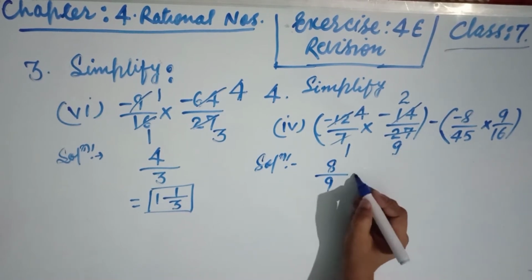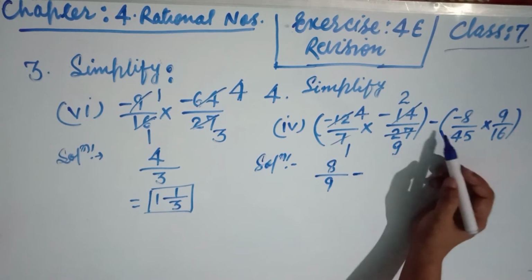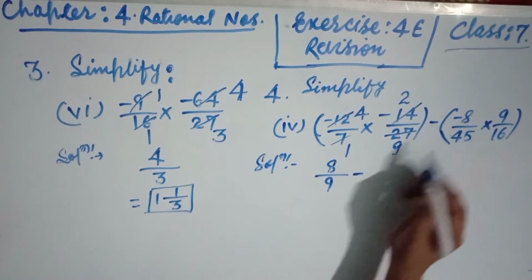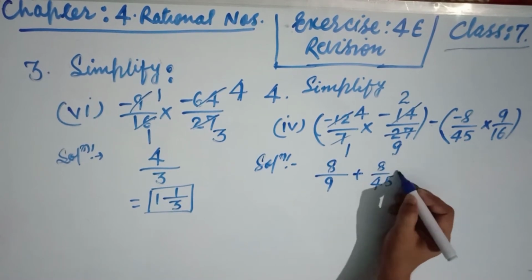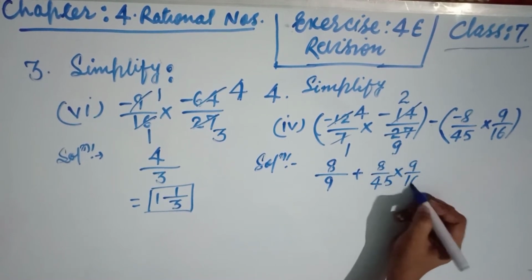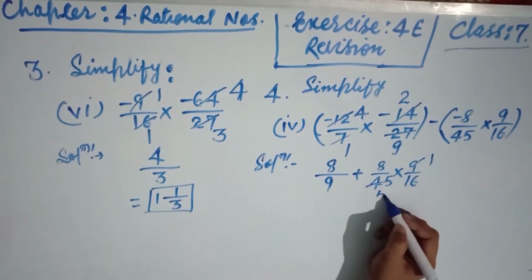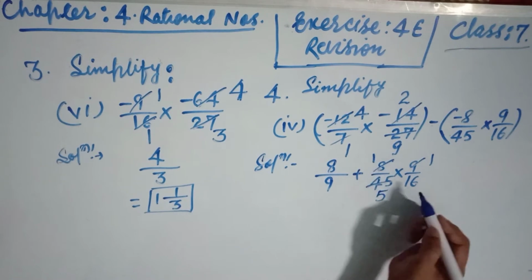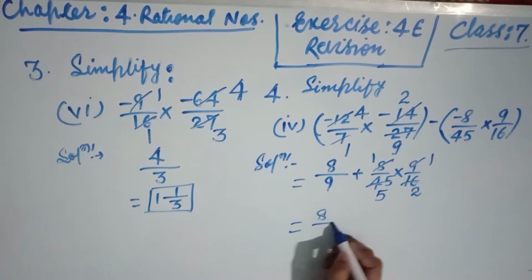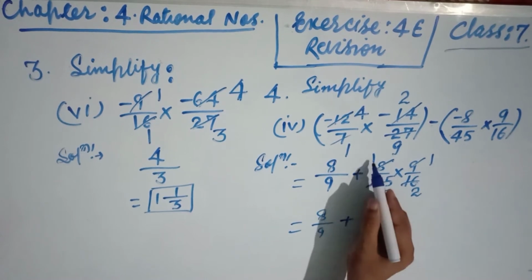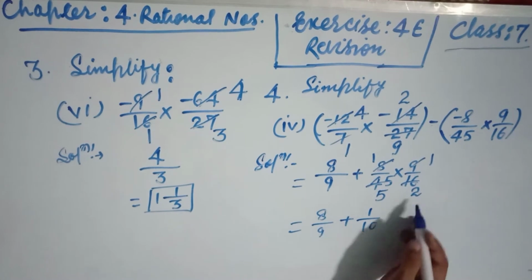Here, friends, minus, first solve this sum, minus into minus, so minus into minus plus, we can break, there is no matter, 45 here, 9 by 6. So 9 1 ja 9, 9 5 ja 45, 8 1 ja and 8 2 ja 16, 8 1 ja 8. So this is 8 by 9, friends, this is plus, here is only 1, and this is 10, 5 2 ja 10, 1 into 1, 1.